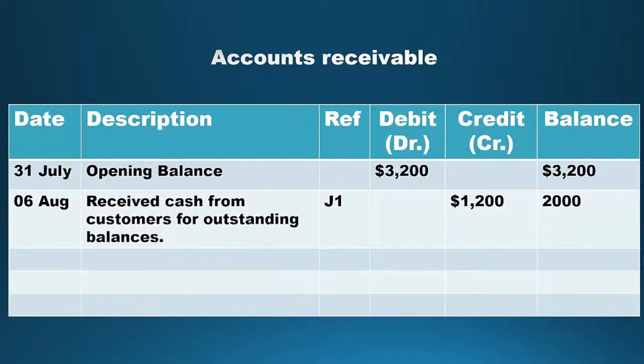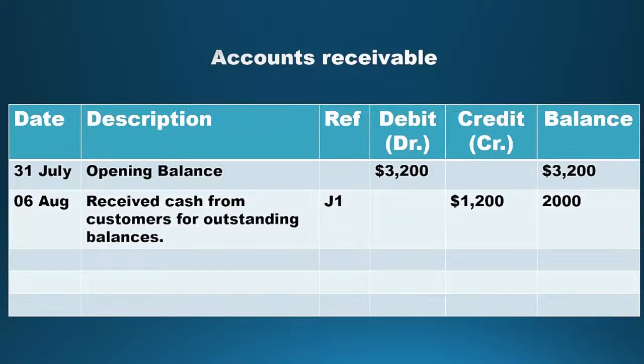Accounts receivable ledger. 1. Date. Write the date, August 6. The date ensures we can trace back when the transaction happened. 2. Narrative. Add the narrative. Received cash from customers for outstanding balances. The narrative here is the same as in the cash ledger, reflecting the same transaction, but from the perspective of